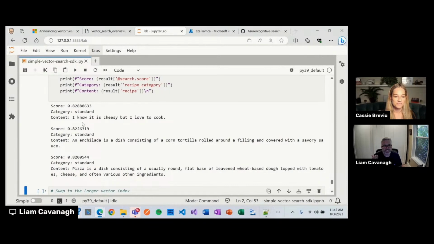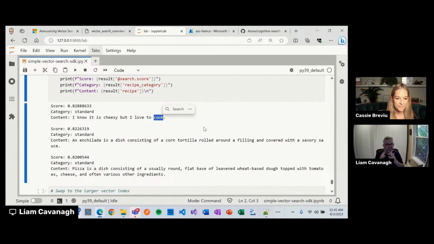I said food with cheese, and you could probably guess that my intent was a recipe or food that includes cheese. But you'll notice why it came back: cheesy is extremely semantically similar to the word cheese. Food and cook are very similar. And actually the amount of text that was there was pretty similar. So from a recall perspective you can understand why vectors came back with this and why it was pretty effective. But realistically, that's not my intent. I was probably wanting something more like an enchilada or pizza.